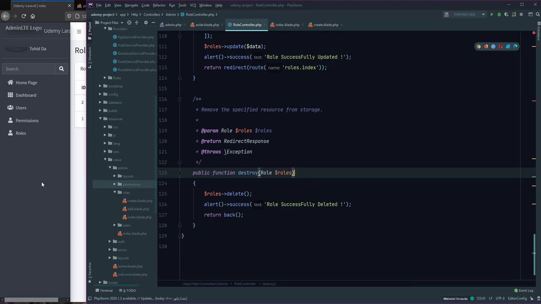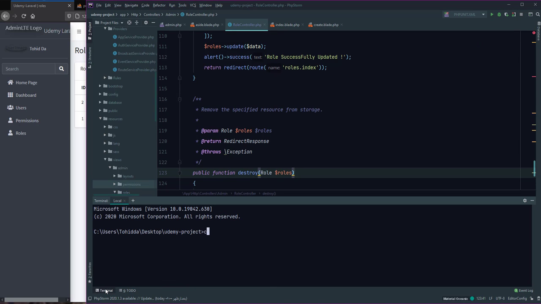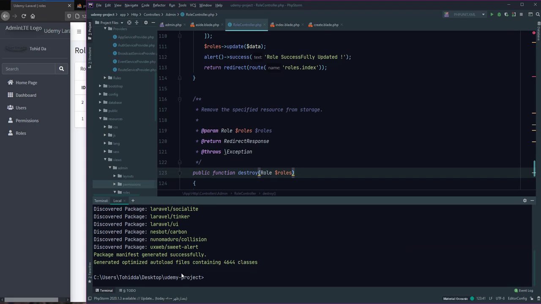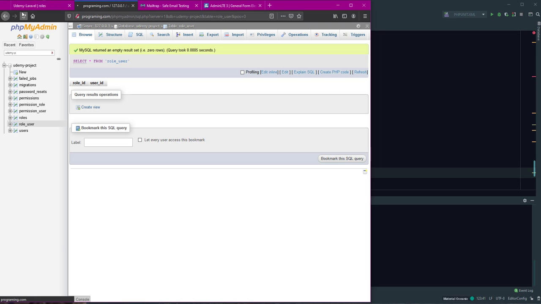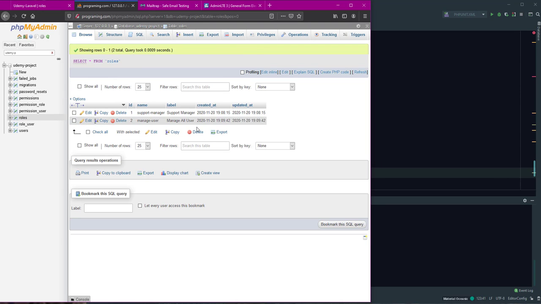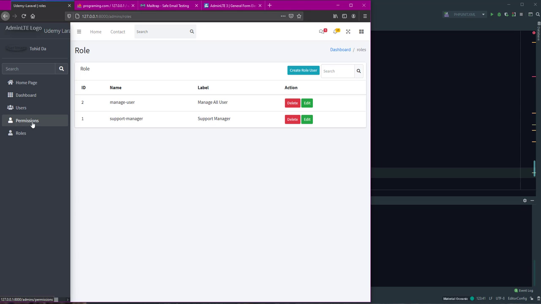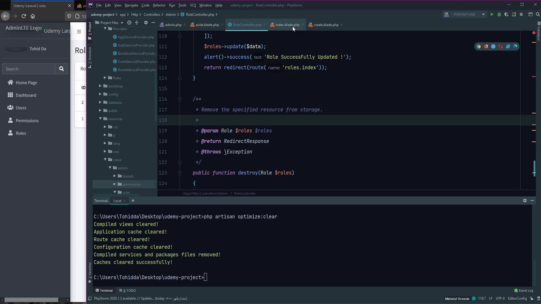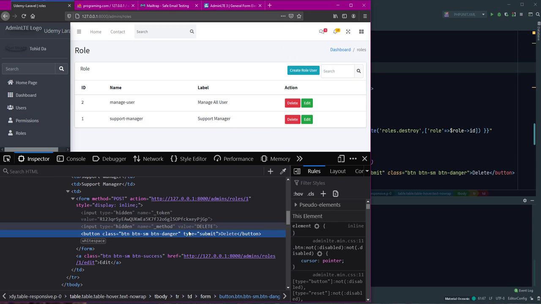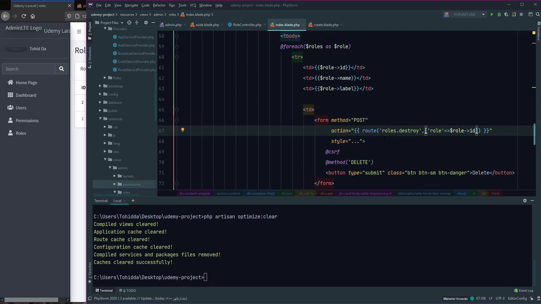Okay, check this, and I use composer dump-autoload to optimize autoload, and use php artisan optimize:clear, and refresh this page and refresh, and rules. If I click on this permission and rules, if I click on this index, right click and use inspect, admin rules id 1 for rules